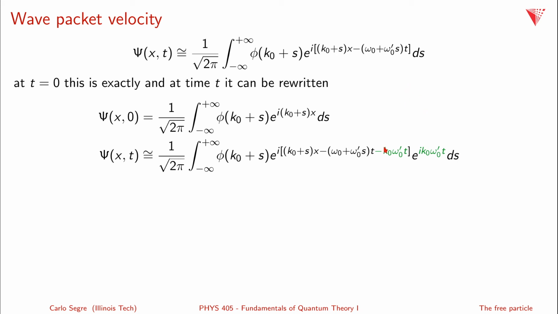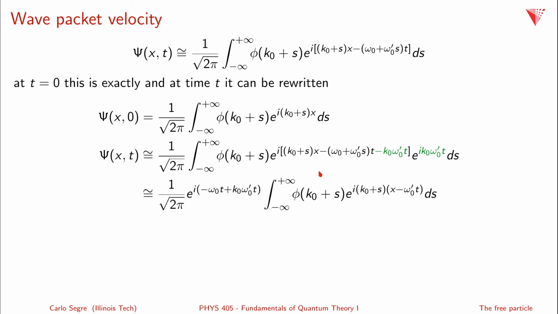So basically, I'm adding and subtracting these exponents, which shouldn't change anything. But now, I can pull this one out, but now I have this one. This altogether now can be simplified, because I can regroup this in the following way. So the first thing I'll do is I'll take out all the terms that don't have anything to do with s, because in an integral I'm integrating over s. And I can get rid of this term here, this term here, and this term here. They only depend on time, they don't depend on s. So that gives me